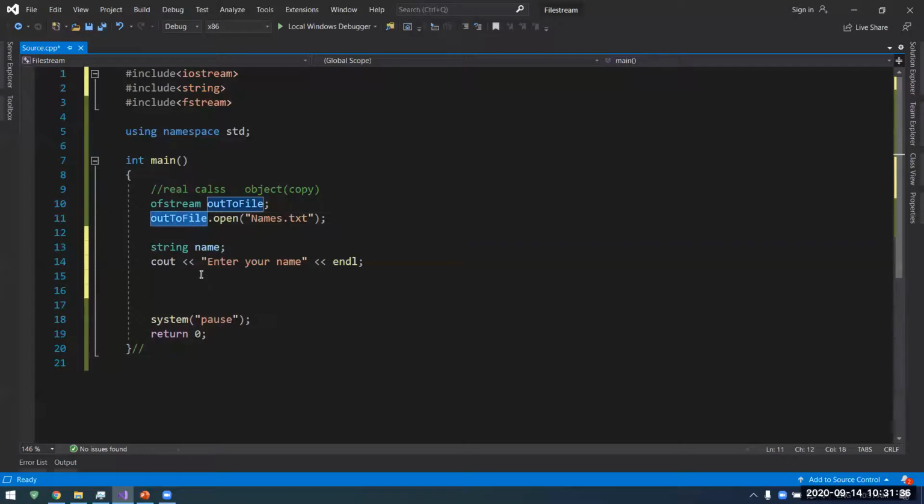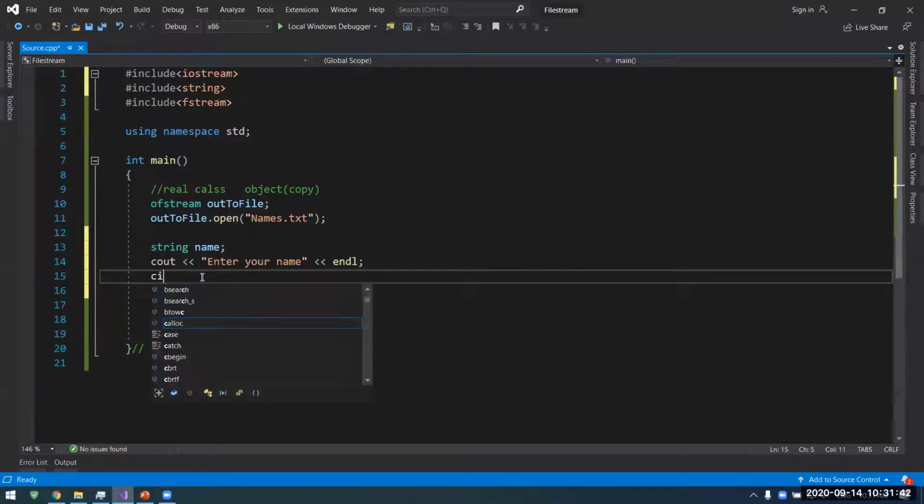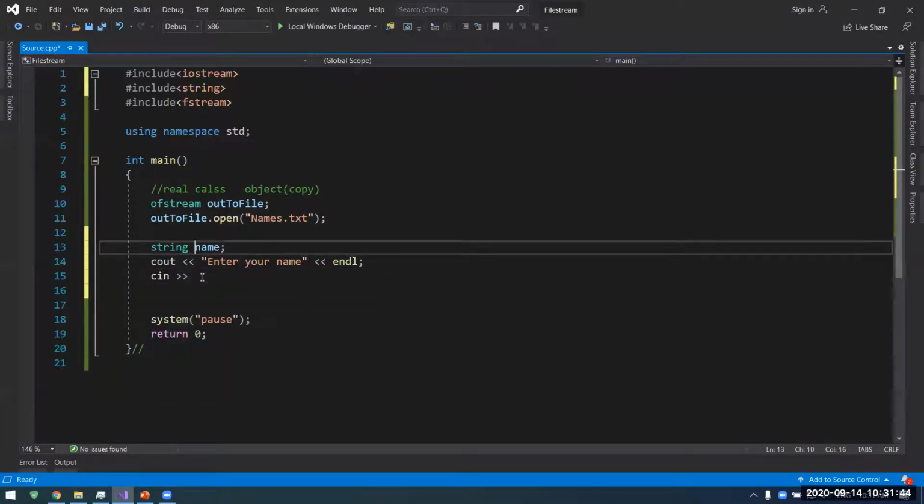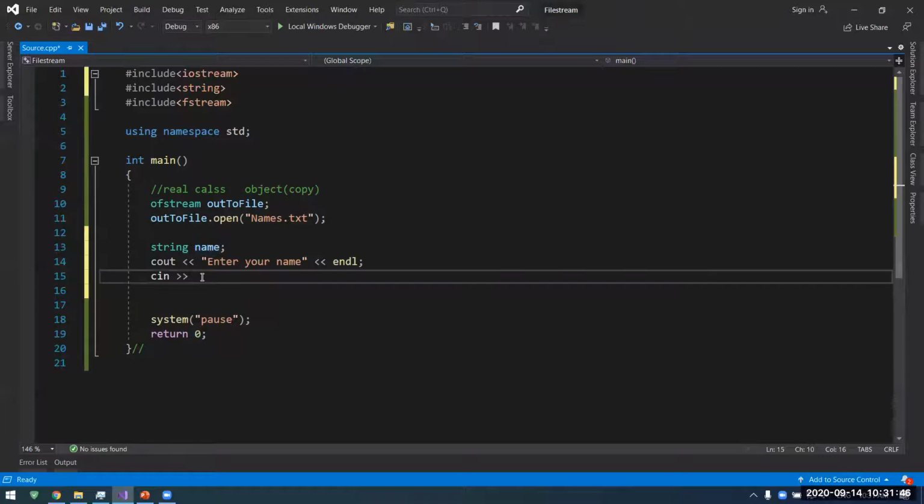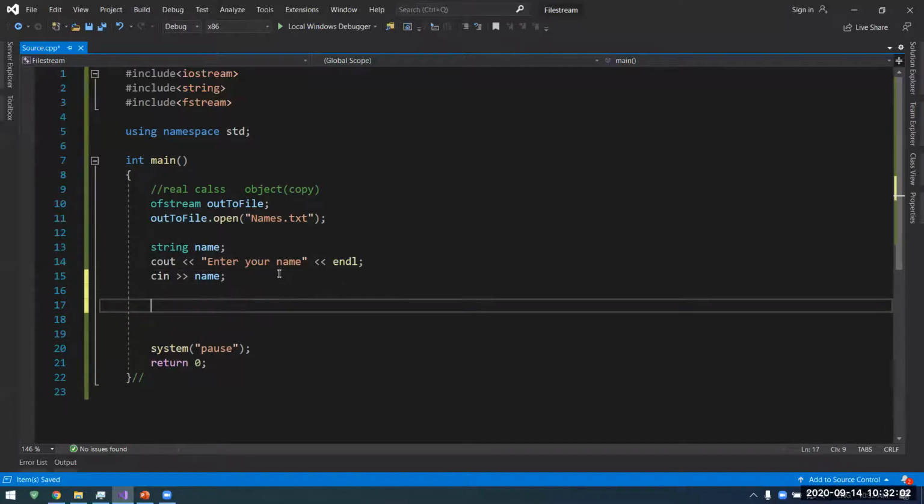Into out to file. So first of all, who will insert the name? Me. So there should be a cin to insert the name, because I'm the one who's inserting my name into the computer. After this point, I'm going to send this name into the file. So what I can say, out to file,